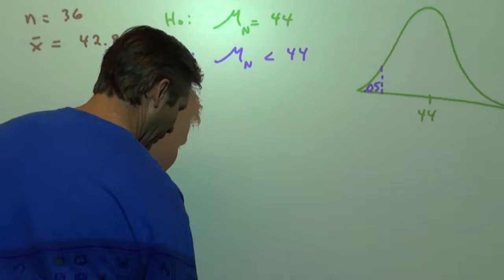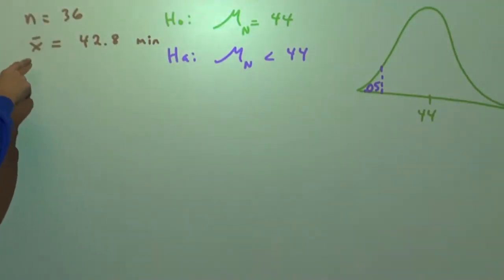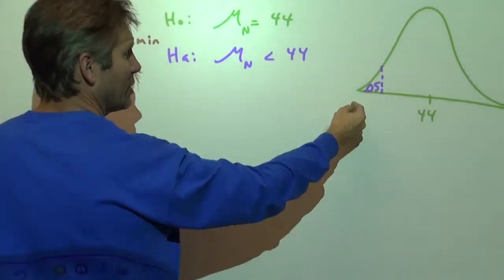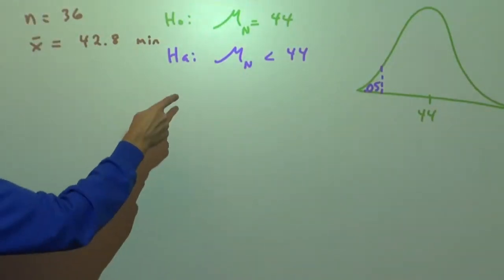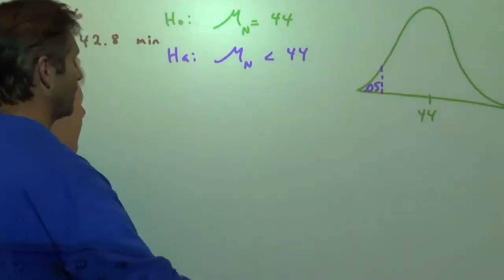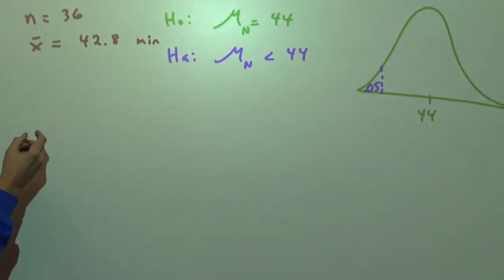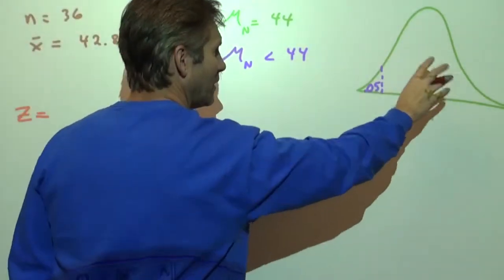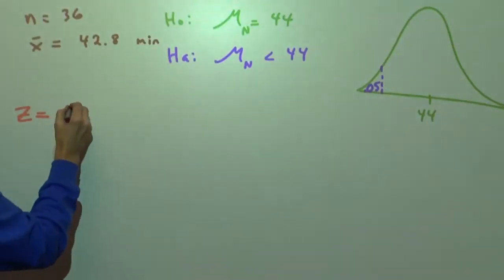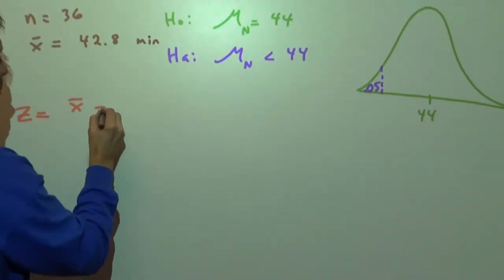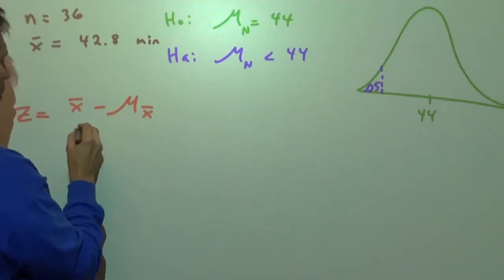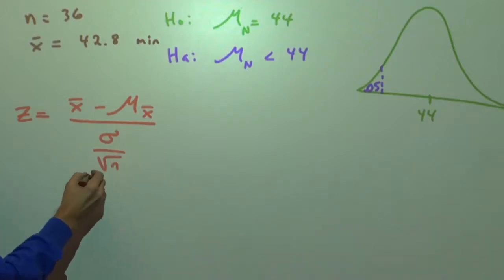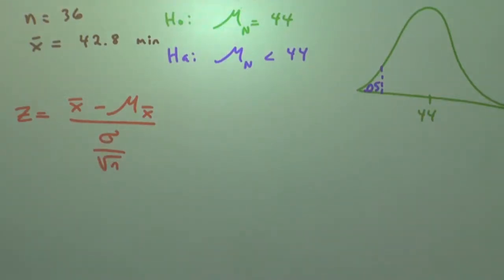So let's suppose that for this new software, we took a sample of 36 and we got this mean average right here. Is that extreme enough to put us in the critical region and give us enough evidence to suggest that the alternative is true? And we'd give it the check mark and say, yep, we believe that's true. So here's what we do. We say, where is this sample mean in this sampling distribution of means? We take the sample mean we get minus the mean of all the sample means, divided by the standard deviation of all the sample means, which, if you recall, is sigma over the square root of the sample size, radical n.